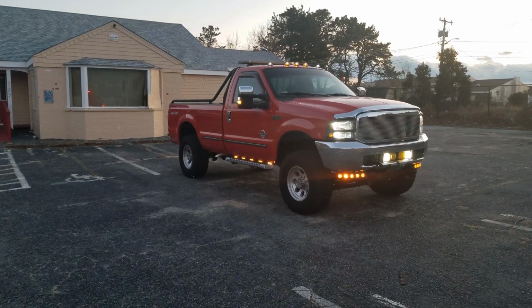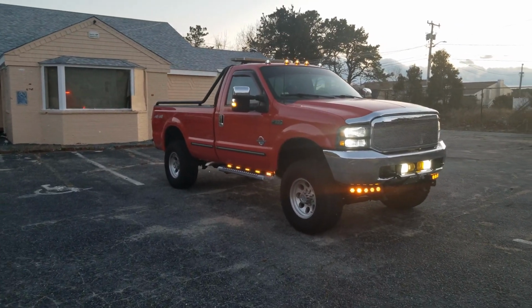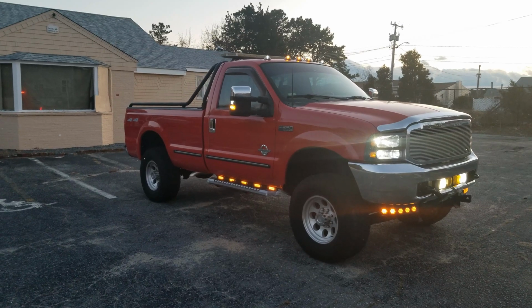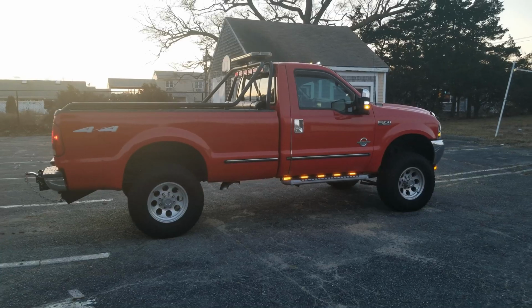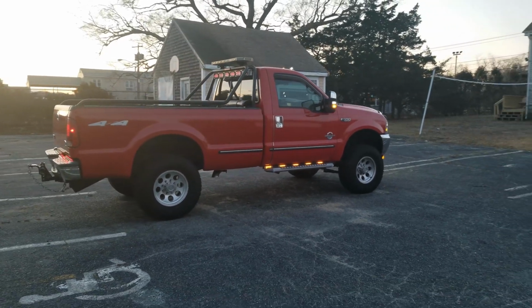It has 165,000 miles on it now because I put a ton of miles on it, but the reason I got it for a good price was it had a ton of rust issues, mostly to the frame, and some really serious rust issues. As the truck very clearly says, I have a thing for custom LEDs,